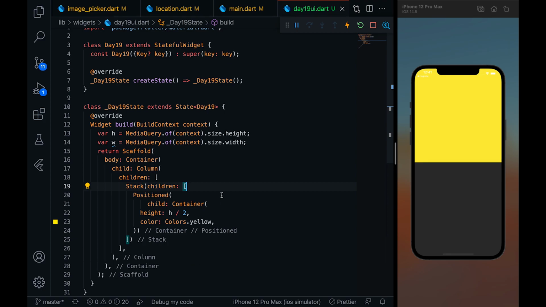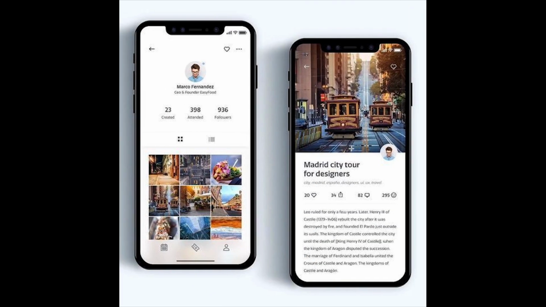Save it. Perfect. Now what I want to do is, inside this Positioned there is also an image. So this is an image, right? Now I have to work on that.